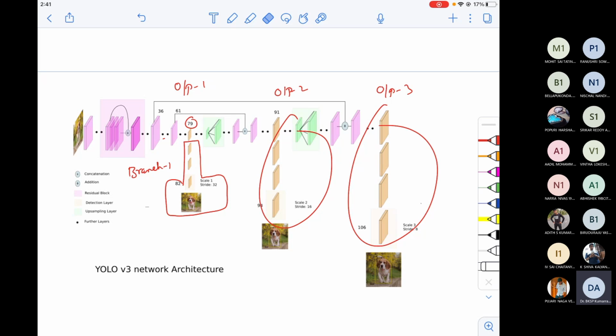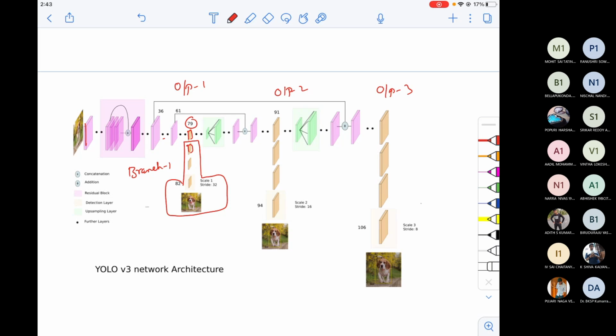First, let us focus on output 1. What it does is take the 79th convolution and reduce the size. For example, by the time it reaches here, the size reduces, and by the time it reaches here, it reduces again. Maybe it is not so visible here, but the size of the feature map is drastically reduced.